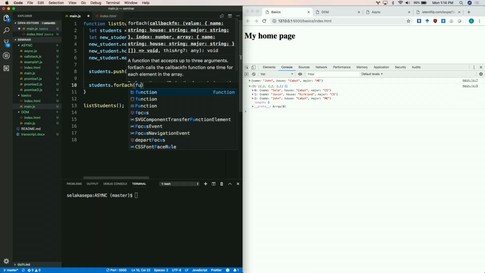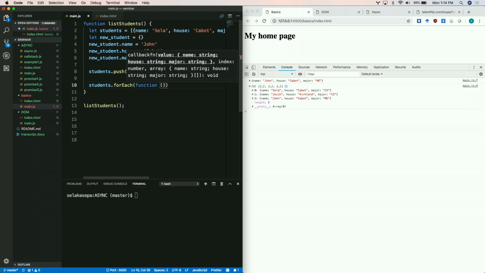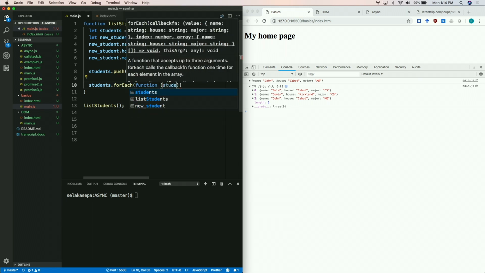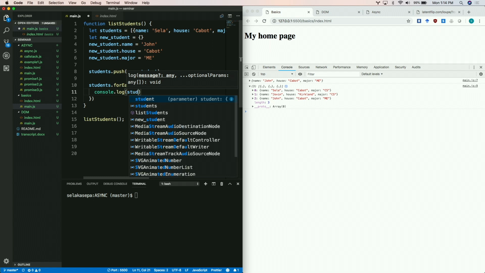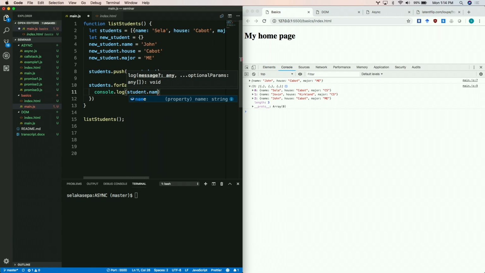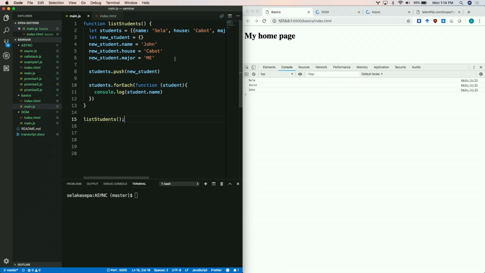And then for this object that I'm returning, I'm going to define a function which takes in student, where student is the current student I'm looking at, and then does something with the students, right? So let's say all I want to do is just print out the names of my students. So I'm going to say console.log student.name. And then if we save this, we notice in our browser window, I print out all my student names, Sela,